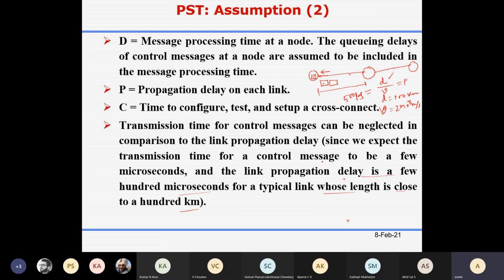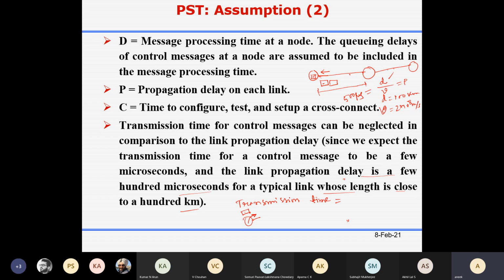Okay, and what is your transmission delay? Transmission delay means you have this link, this node, and you have to upload one packet. How much time does it take to upload the packet on the link?